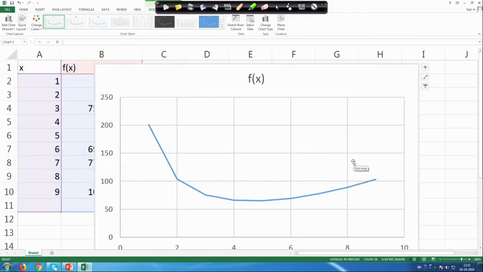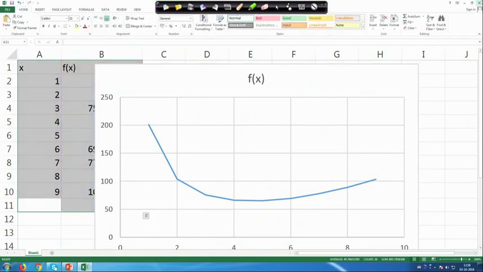So, you can see that the solution or the minimum will lie somewhere around 4.